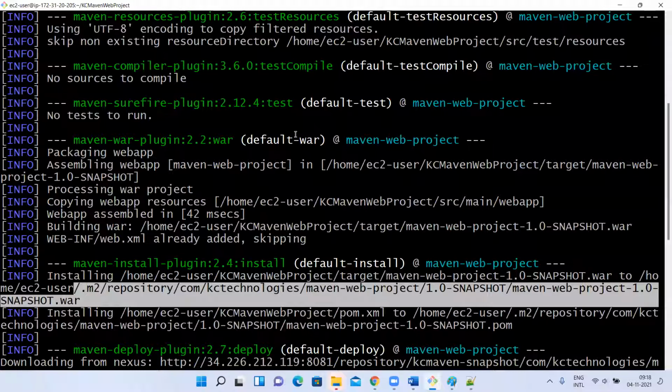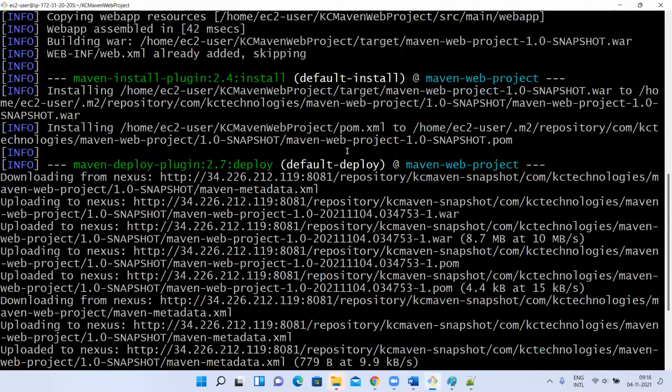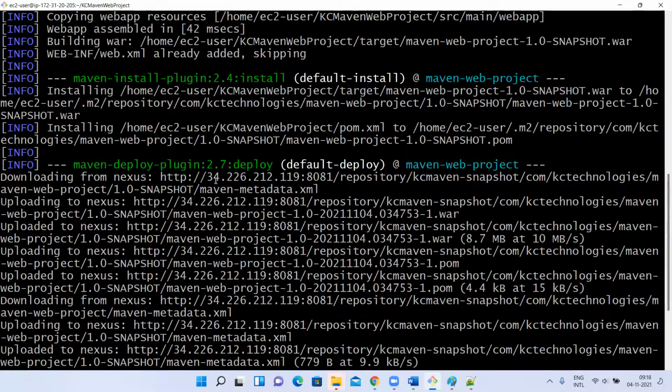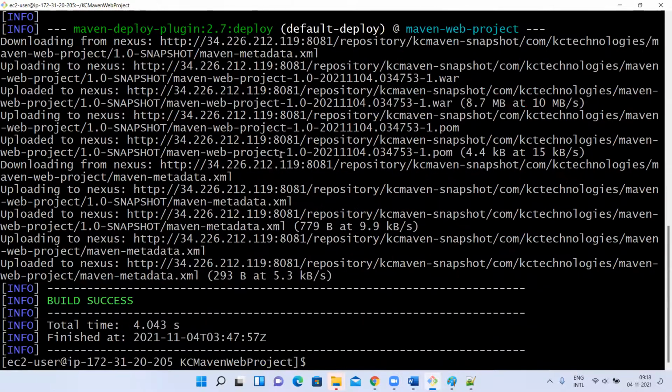This is the war file, generated by package. This is for default. And for deploy, if you observe, it is downloading something in metadata, whatever information it needed from that repository for authentication. Then you see here, uploading to Nexus. You can see here, it is uploading something to that Nexus.